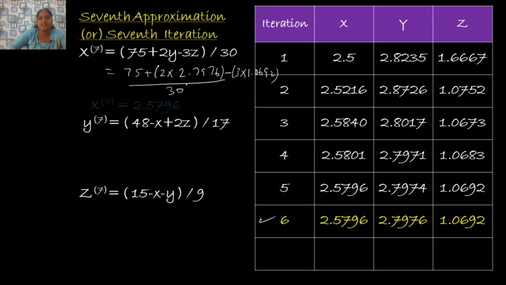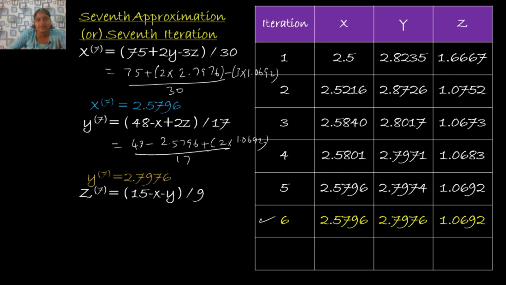Simplifying this you get the value of x is 2.5796. And y is equal to 48 minus x value is 2.5796 plus 2 product z value is 1.0692, and you divide this by 70. Simplifying this you get 2.7976. And for calculating the value of z: 15 minus